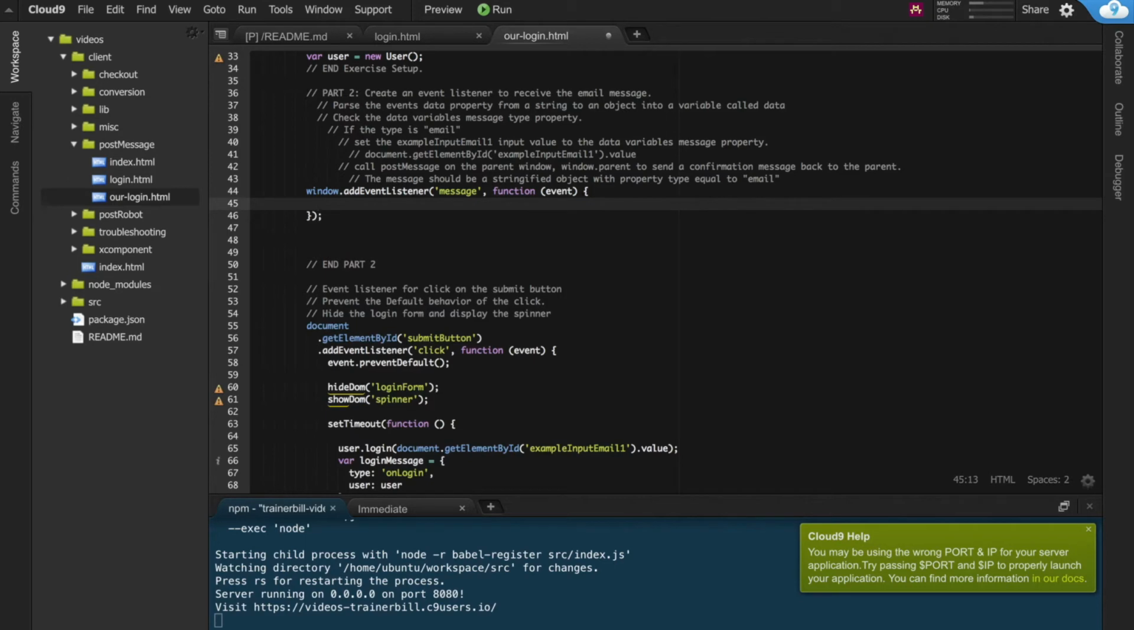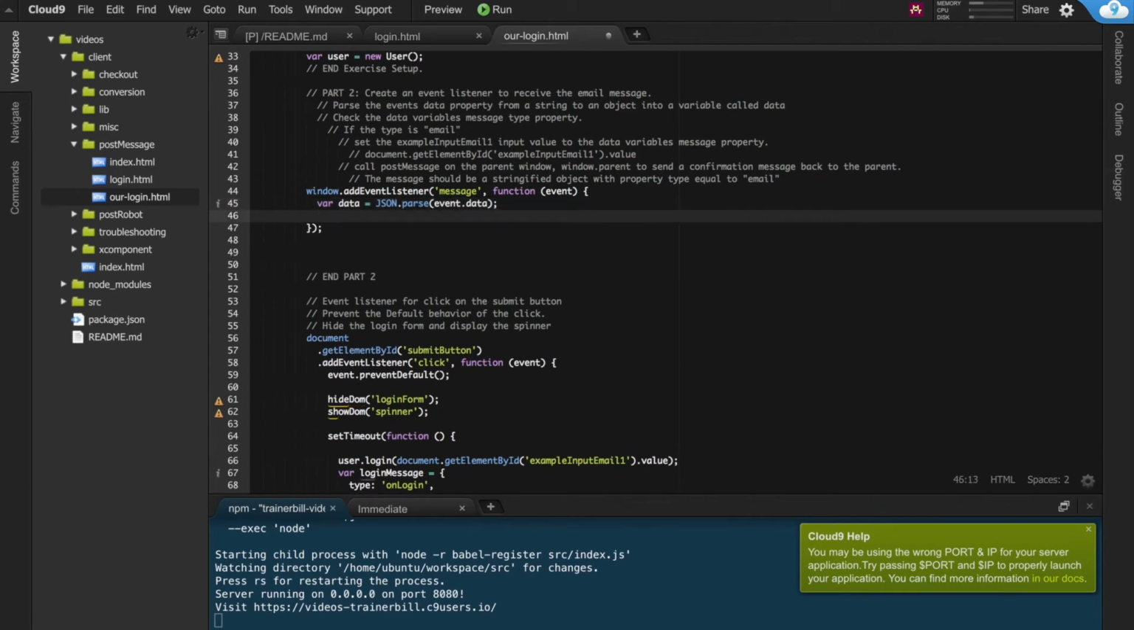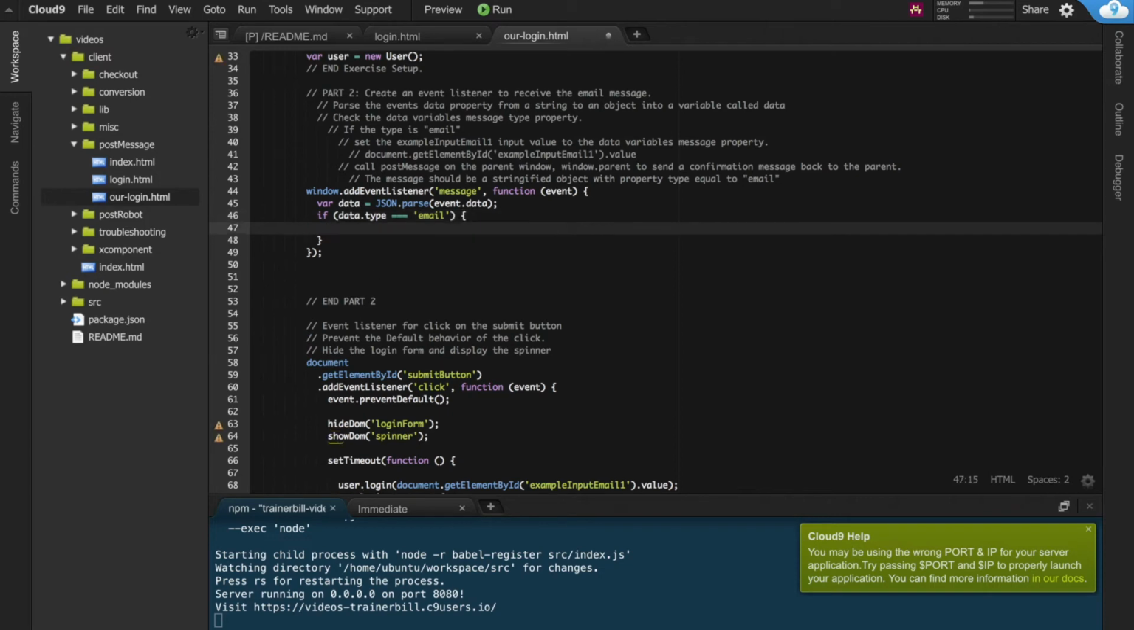All right, then it says parse the event's data property from a string to an object and store it in a variable called data. We'll say var data equals JSON.parse event.data. It says check the data variable's type property. So we're going to say if data.type equals email, then